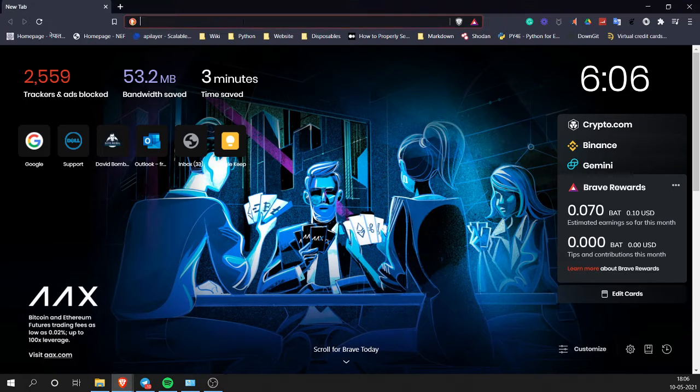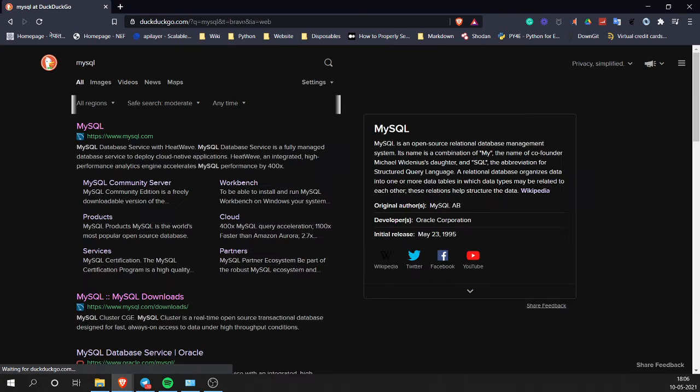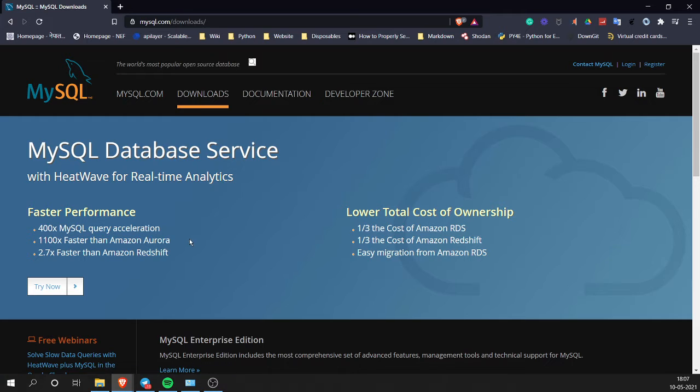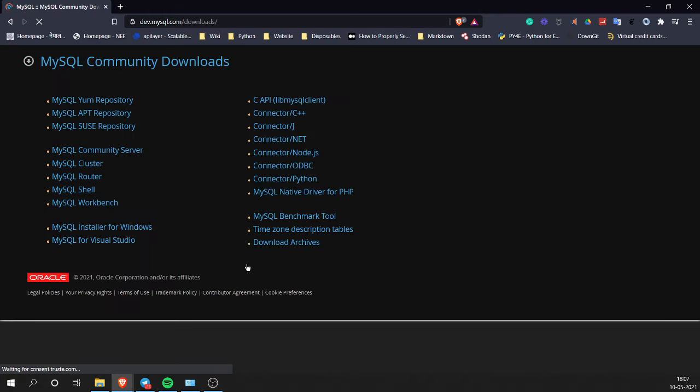So in this particular session, what I'll be showing you is how to install MySQL on Microsoft Windows 10. So let's go to MySQL, and then all you need to do is go to the Downloads tab, and there you need to go to the Community Downloads. It's a free thing for the community. So just select Community Server,